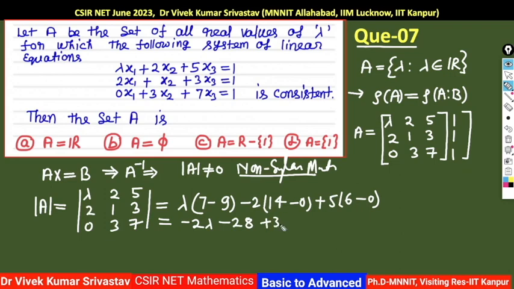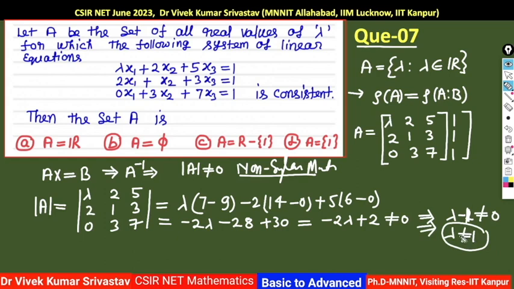So just try to understand, we want determinant should not be 0, then only we can say that the solution exists or consistent, right. So here 30 minus 28, you will get 2, so you will get 2 minus 2 lambda and plus this is 2, this should not be equal to 0, right. So you can also take this 2 as a common, so finally what you can write? You will get lambda minus 1 cannot be 0, and finally we can say that lambda cannot be 1, right.